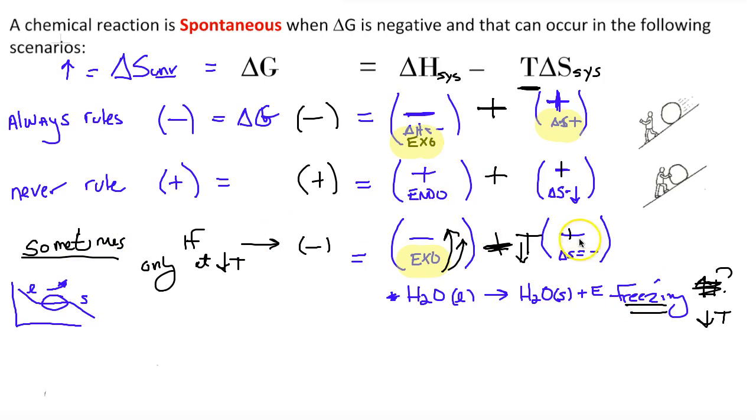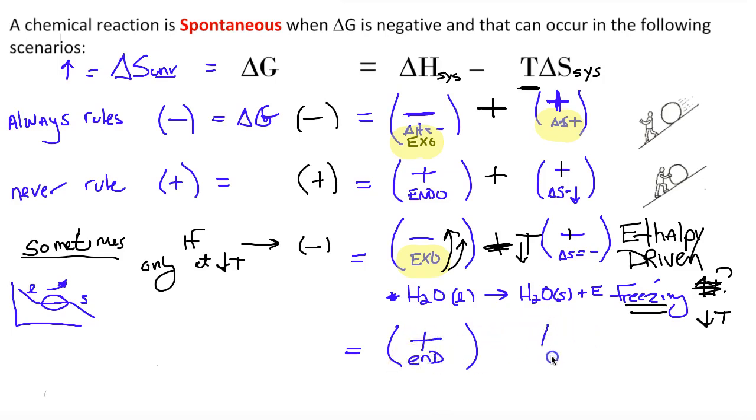And we call this reaction, where the exothermic process drives a bad entropy process, enthalpy driven. So even though our system is becoming more ordered, more concentrated, because we release enough energy to overcome that, it's an enthalpy driven reaction. It's sometimes. So another sometimes condition is where we have an endothermic delta H, and a